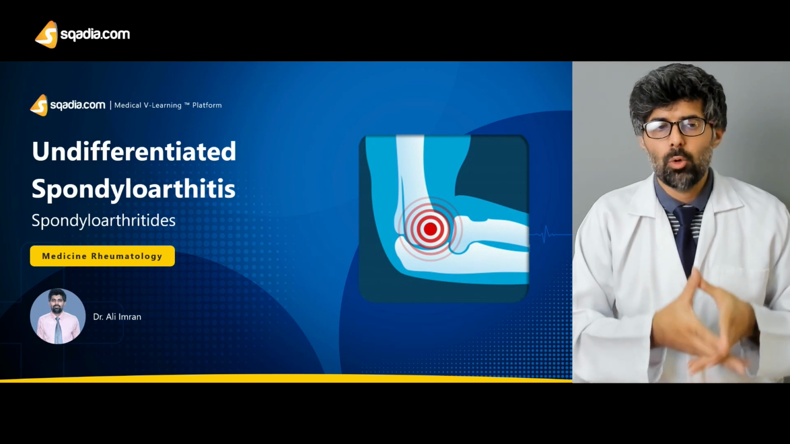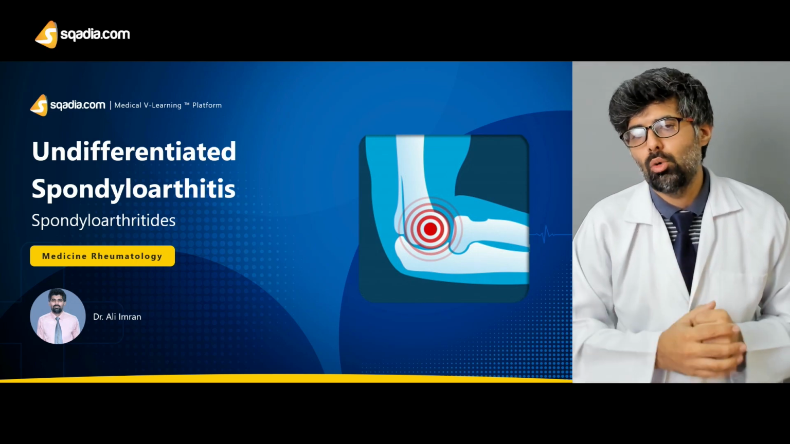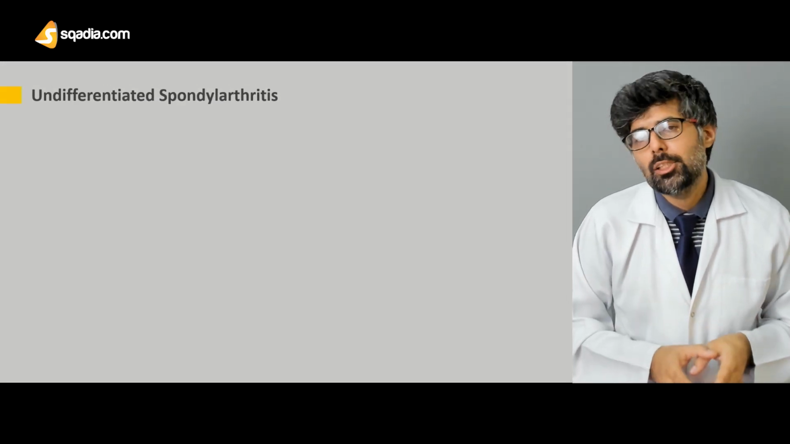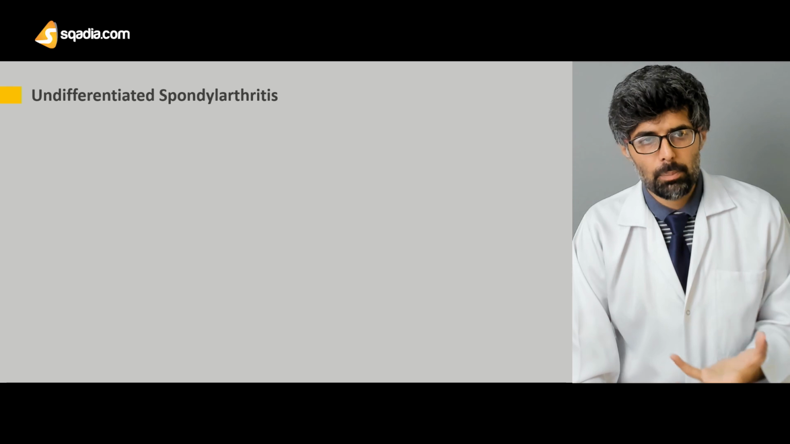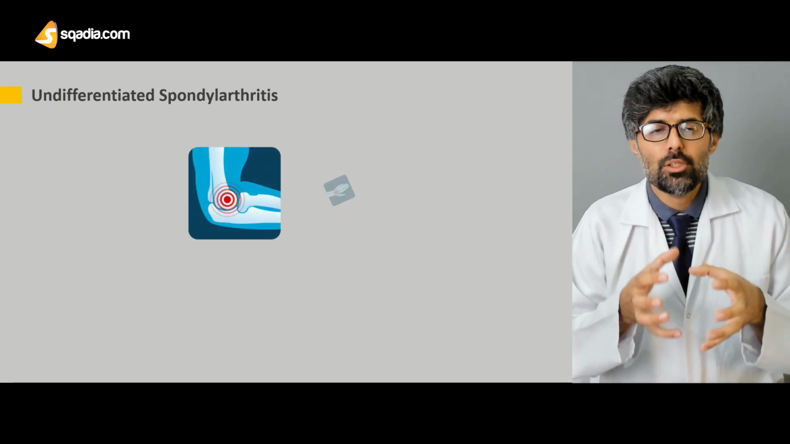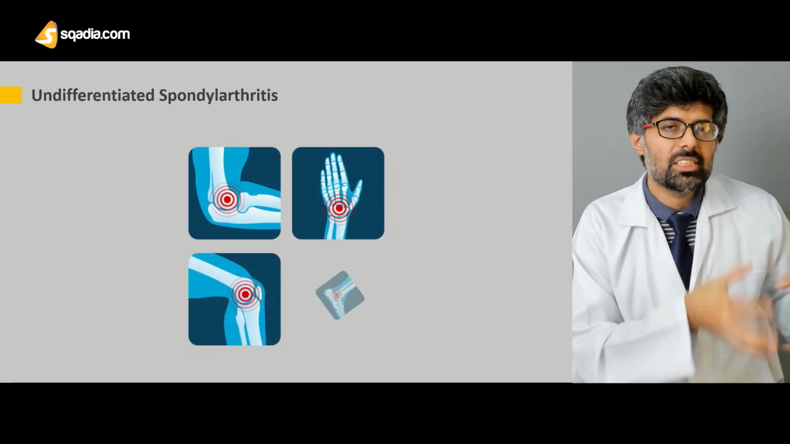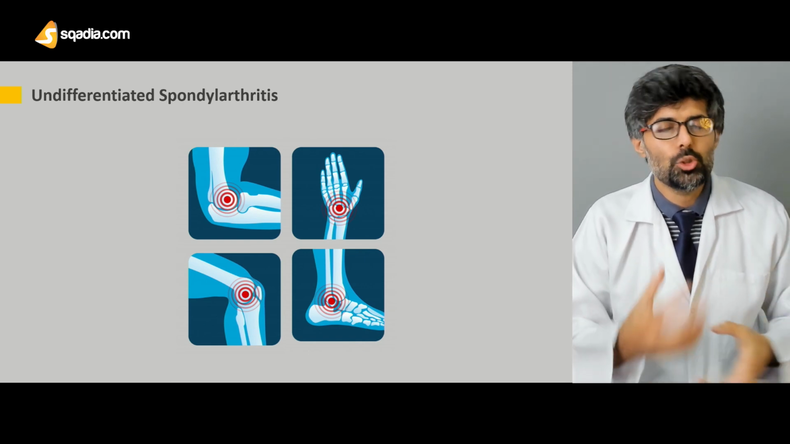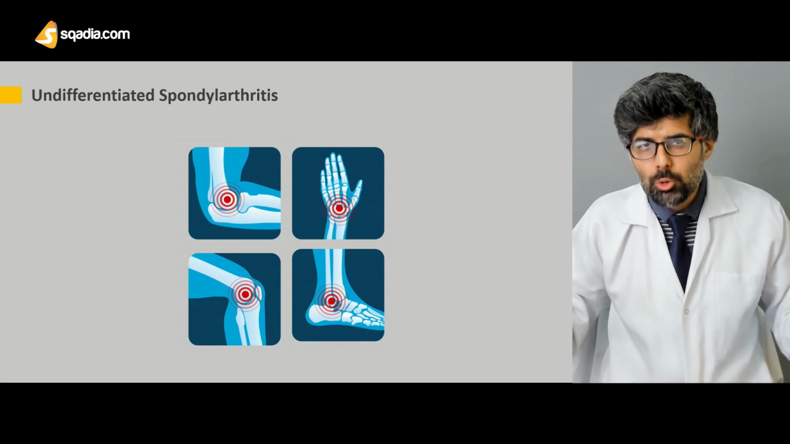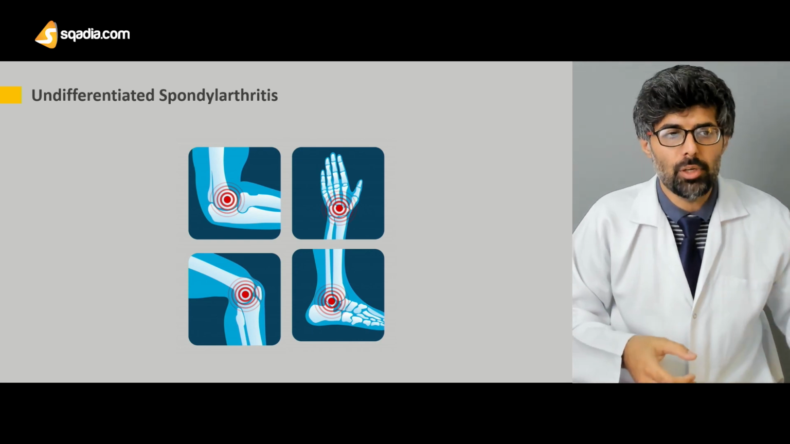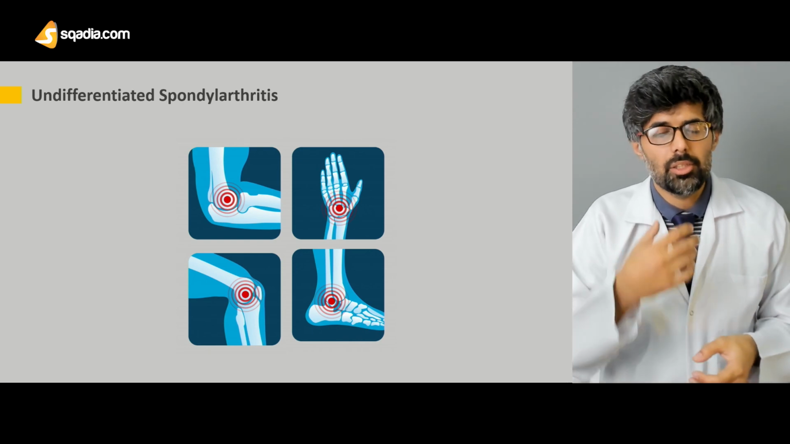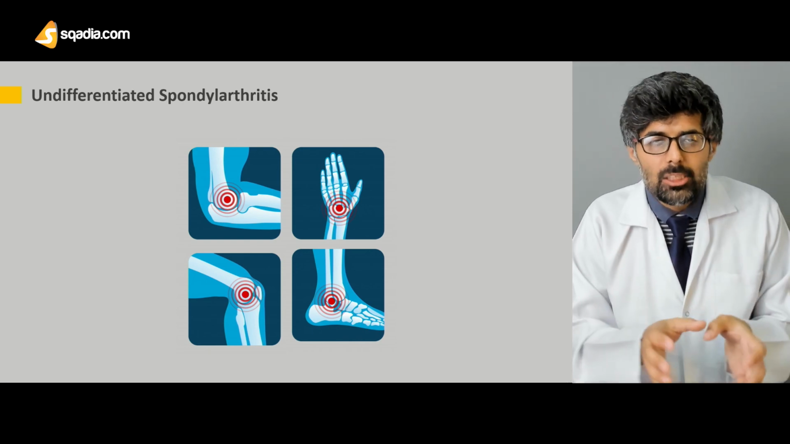Now let's talk about undifferentiated spondyloarthritis. Undifferentiated spondyloarthritis is a type of spondyloarthritis which is usually found at sites which have not developed completely. Usually it was clumped together with juvenile spondyloarthritis, but in recent textbooks and texts, it has been